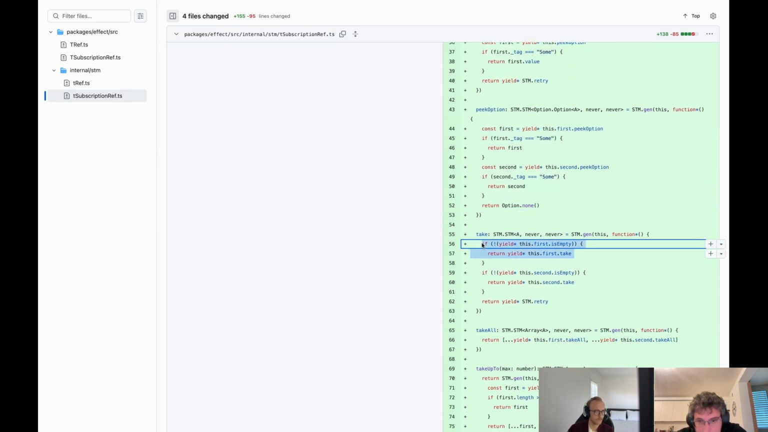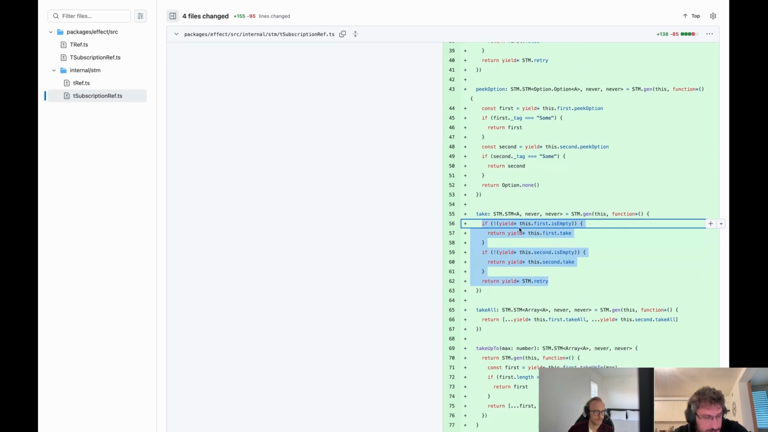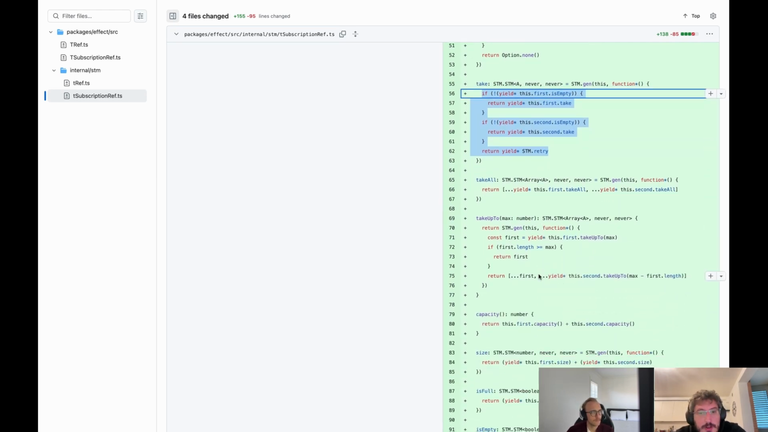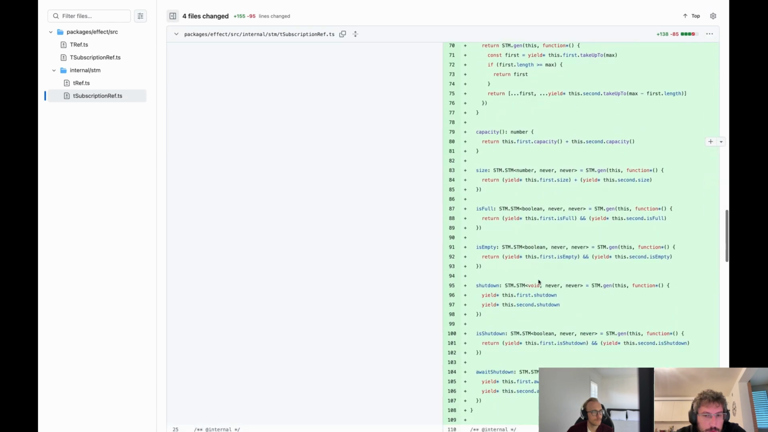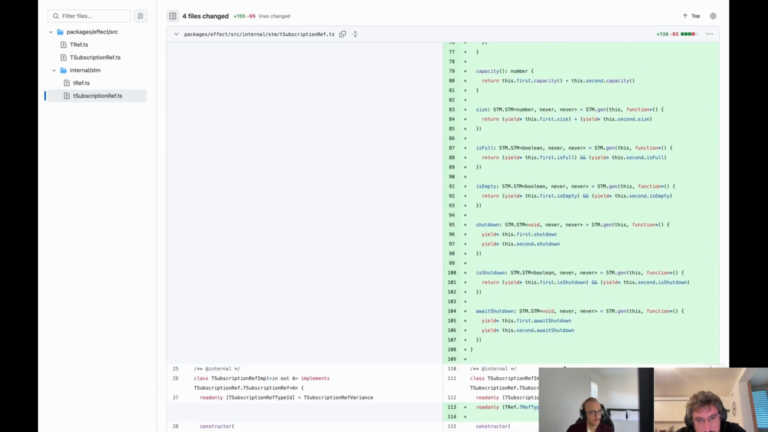The take is exactly the same code that we've done now. We check if the first is not empty, we take from the first. If the second is not empty, we take from the second. And I kept going, implementing all of the methods on the TQ. This was fairly surprising to me because, again, this is absolutely impossible to do with a normal queue. And I thought this was really nice, and this kind of shows again why STM is actually very powerful, especially